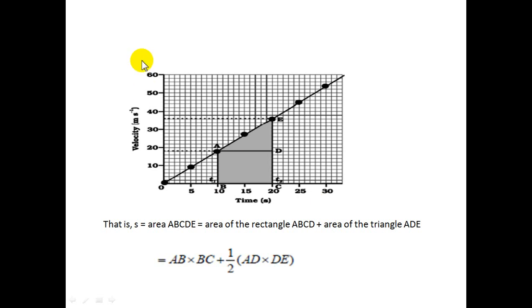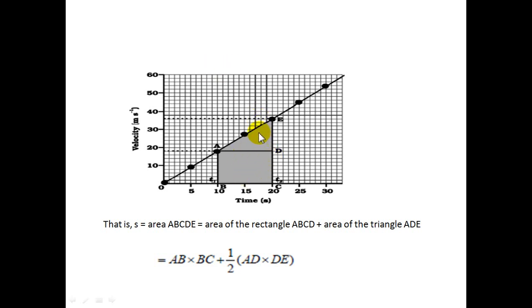In the same way, when we find the whole area of this, we get the displacement. The area is showing the displacement; when we calculate this area, we can find the displacement. When we are finding the displacement, it is nothing but the area of this particular portion and this particular portion. The example refers to this only.